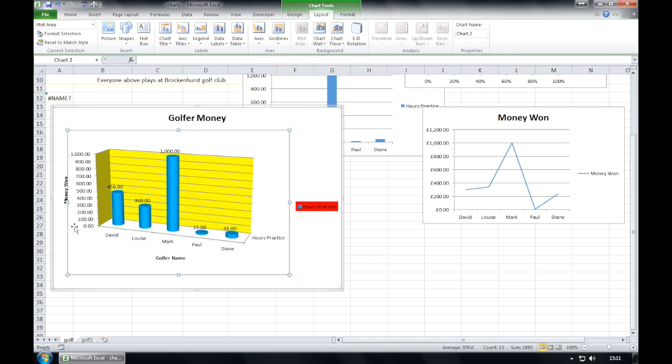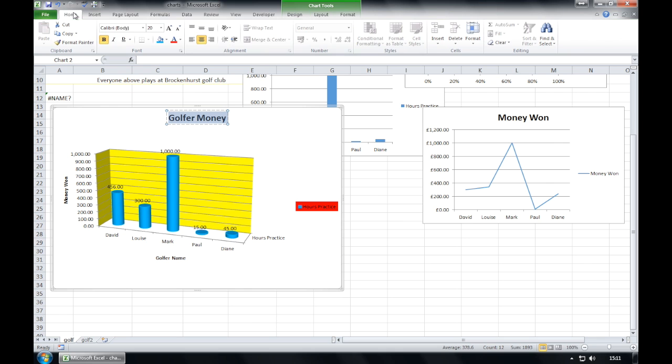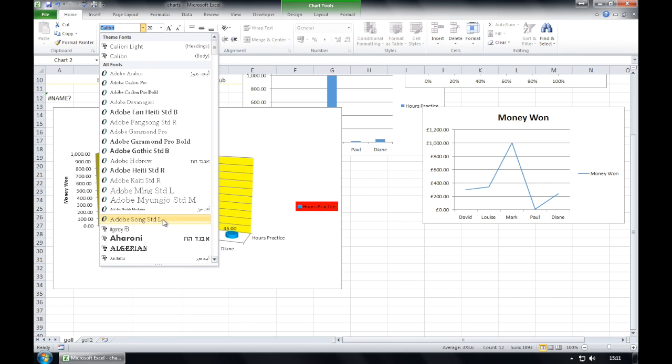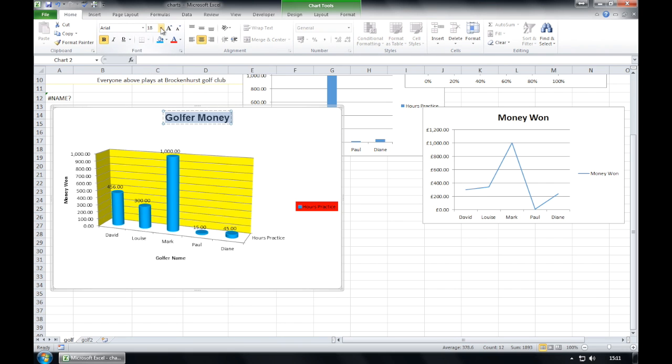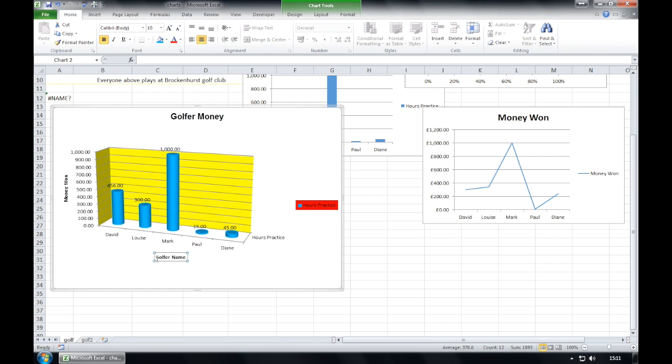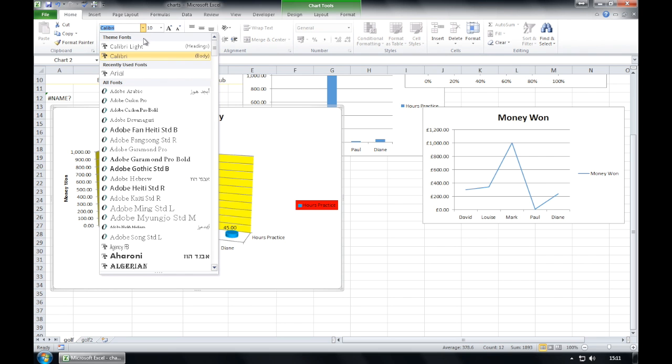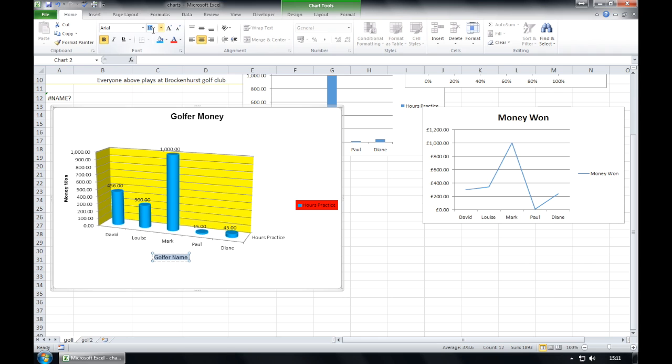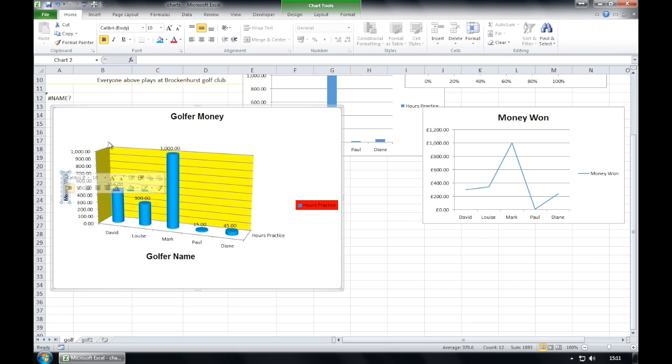Finally, I'm going to change the font style and size of the text in the title and the axes again to Arial 15, so I can select with my mouse the words on the home page, again choosing the font that I want. I'm looking for Arial and I'm looking for 15. Again, if it's not there, I can simply overwrite the number and press enter. And again, I'm going to do that for my axes, selecting Arial 15, enter, and again selecting all content here, Arial 15, and enter.